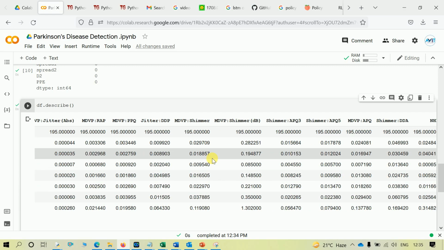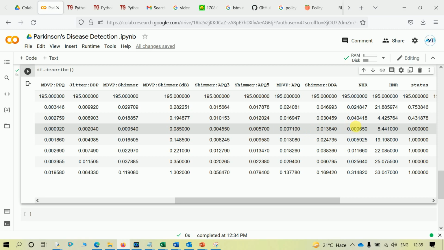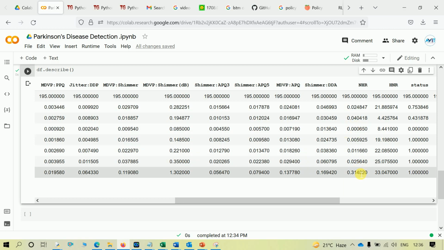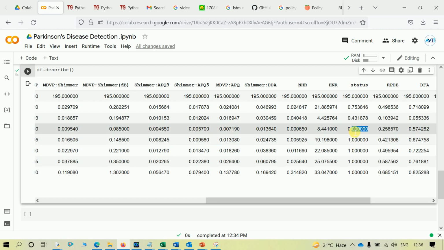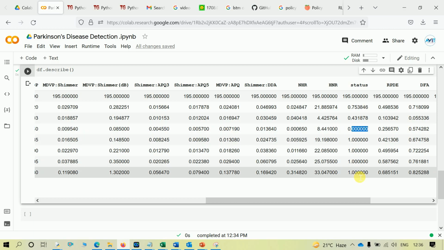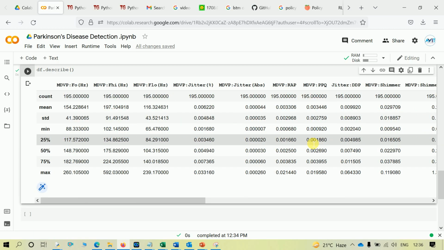Let's also check the value of NHR and HNR. The minimum value of NHR is 0.000650, and the maximum value is 0.31. For the status, we have minimum value as 0 and maximum value as 1. Similarly we have other attributes and their statistics.